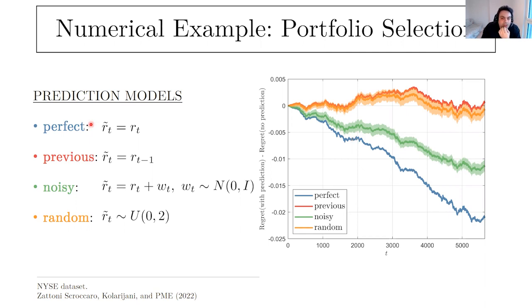Now, what I want to point out as a basic benchmark is that, let's say you have no idea what the rate of return is. And by no idea, what I mean is just a random variable. So we pick a totally random variable, just uniform between 0 and 2. We put it in the algorithm and see how it looks. So this total nonsense random variable, when we put it into the prediction, the orange one looks like what you see here. So basically, sometimes you gain, sometimes you lose, but it's probably around 0.